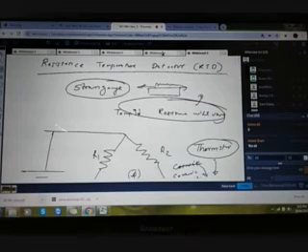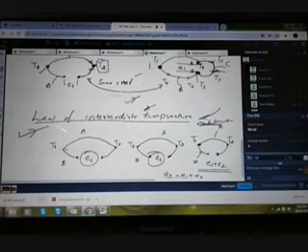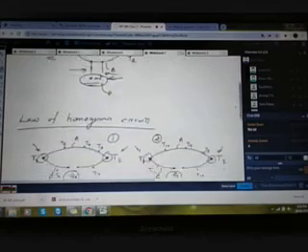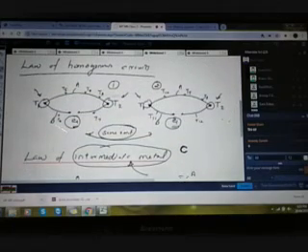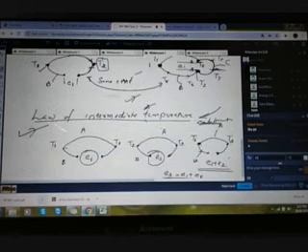So here RTD, and before that we discussed the thermocouples. We have learned that 3 laws are there. Before that we have seen that the Peltier and Thomson effect is there. So metal A and metal B are connected like this. When the two junctions are kept at 2 different temperatures, the EMF will be generated. And next, the 3 main laws: the law of homogeneous circuits, the law of intermediate metals, and the law of intermediate temperatures. These 3 items are there.